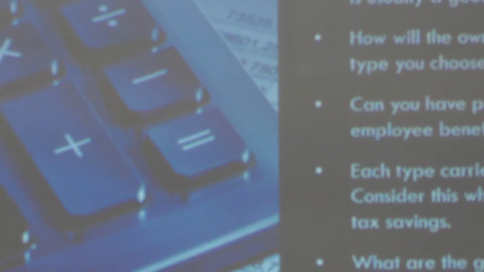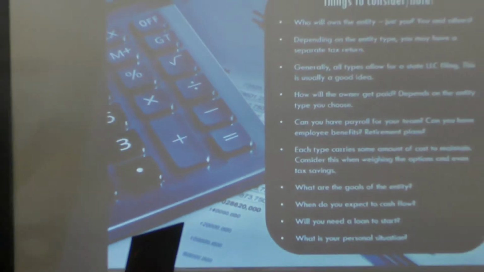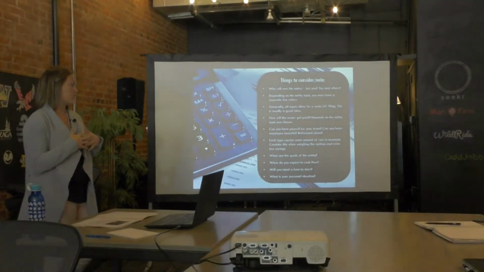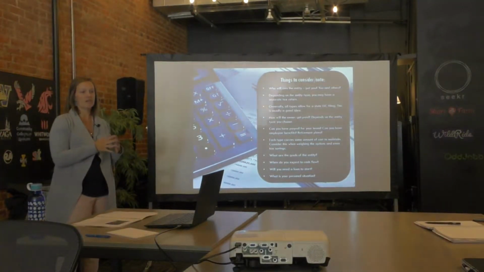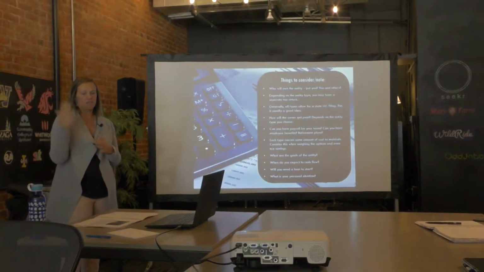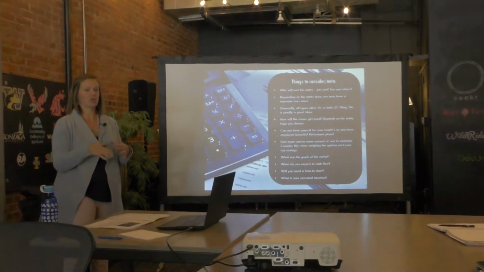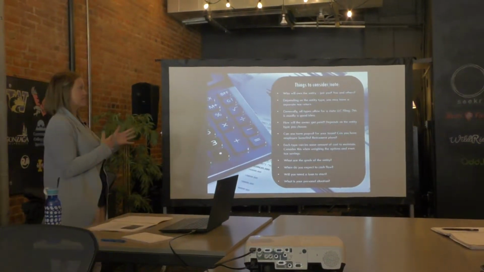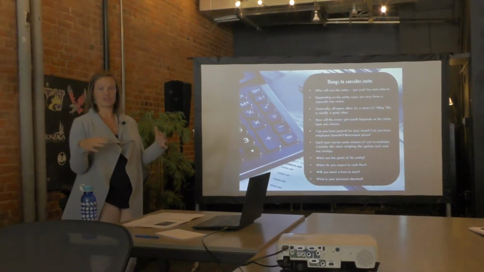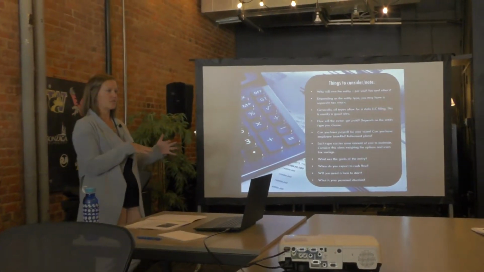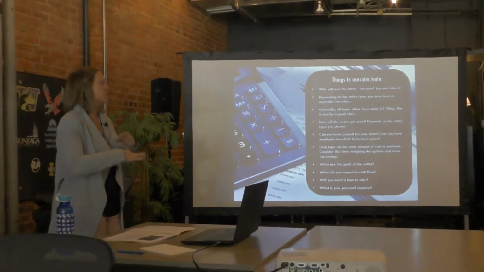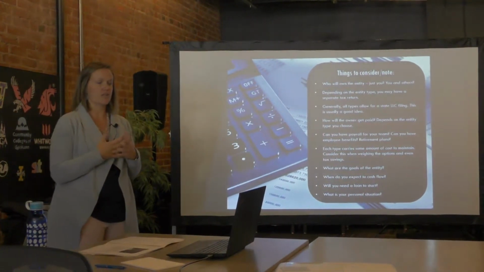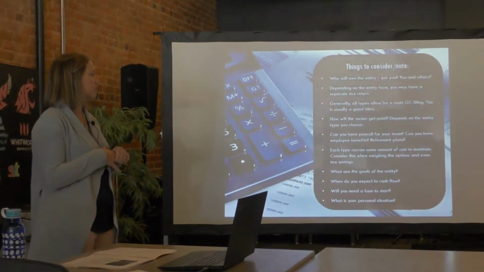And then at what point do you expect to cash flow or have income? A sole proprietorship is a great place to start, but then when you start making tons of money, you're paying self-employment tax on all of it. So in an S Corp, you could maybe structure that so that you take some as wages and some as distributions, and so you're not paying 100% of the income at self-employment tax rates, which you are in a sole proprietorship. So just things to consider: at what point are you going to start making money? Maybe you start as a sole proprietor, 5 years down the road you go to an S Corp when you already have payroll and you already have all these things, and you want to start saving some money on the self-employment part, which we'll talk about later too.